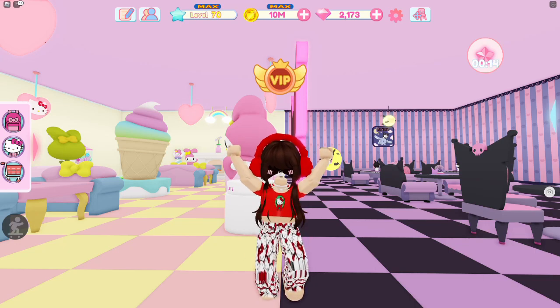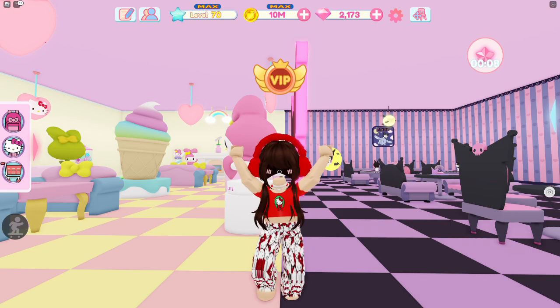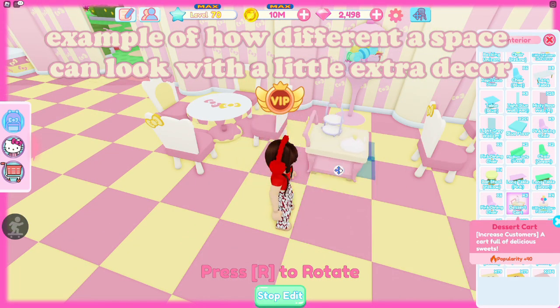And the very last thing that I have to recommend you is to fill up your spaces. There is a lot of space in your cafe. You can put down a bunch of things, and you do want to try and fill up as much as you can. I feel like it makes your cafe look even better. It is really hard with the